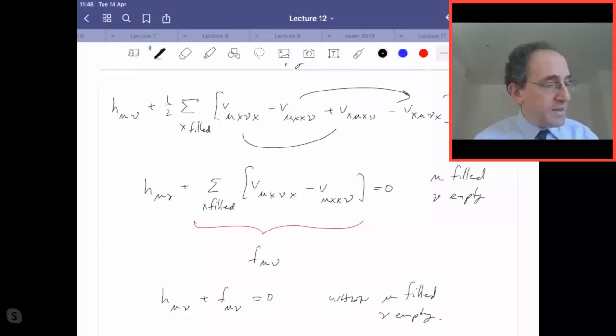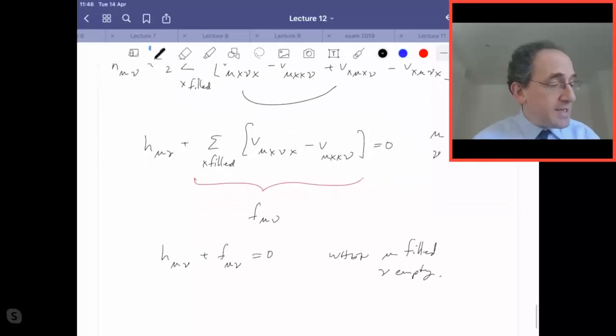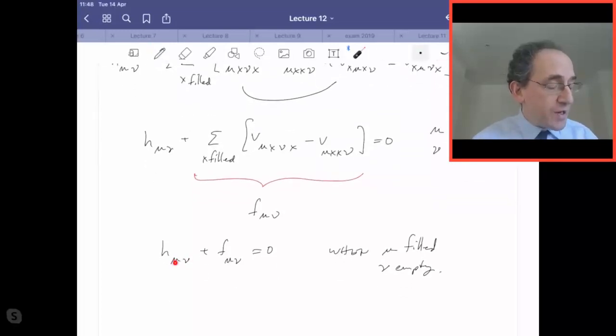What does that mean? Well, it means that any of the off-diagonal terms of h and f have to be 0. The only terms that can be non-zero is so h plus f is diagonal,